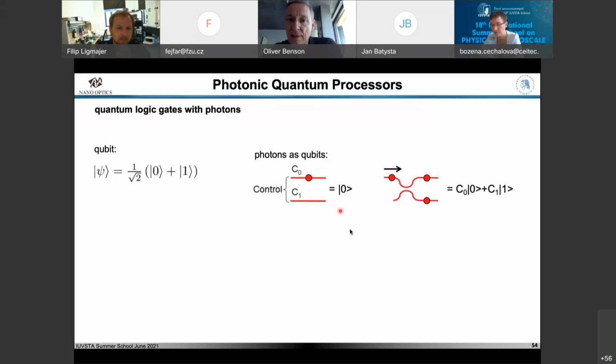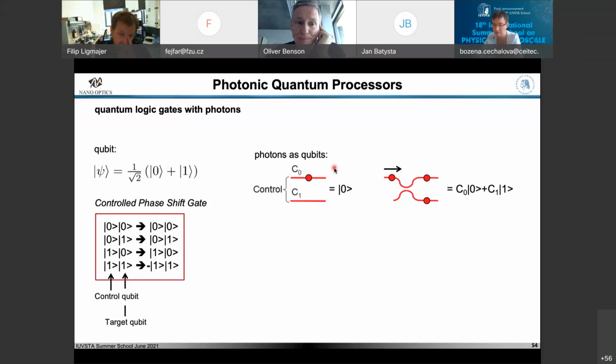And of course, you can mix these states. If you have a pure state here, state 0, you can introduce another beam splitter, and this would produce a state 0 plus 1 out of the state 0. The photon being here is transferred with another beam splitter that you can integrate to a state 0 plus 1, and you can control the crossing level very well. This is already a so-called single qubit operation. In order to make quantum computing, you also need to be able to have a gate where two qubits interact.